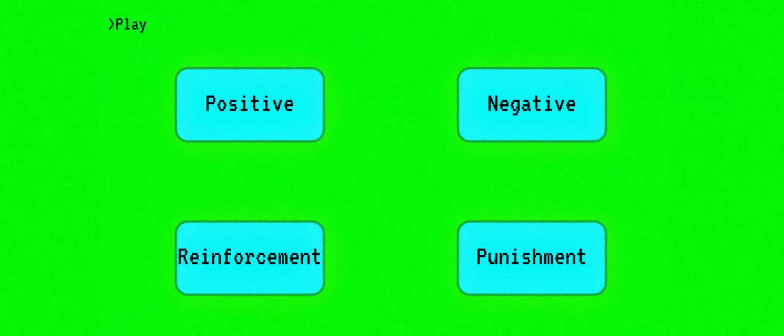Now, you could do the same thing with negative punishment, like say you take away his Xbox privileges for doing poorly on a test. Now, I know that sounds a little complicated, but we'll get to do another example before we get out of here. So we'll move on to the next thing,